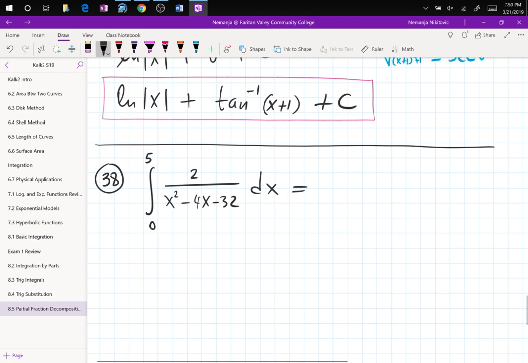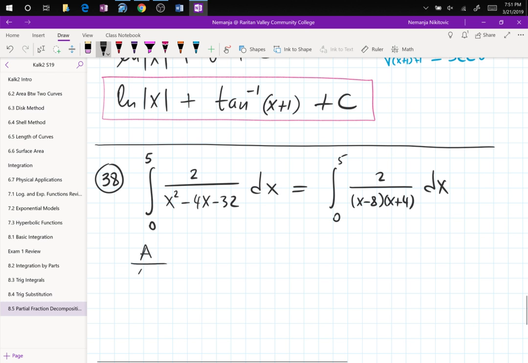So what are the factors that we get here? x minus 8, x plus 4. These are two case 1s, so this one just flies. Quickly you get a 2 by 2 at the end. So we have